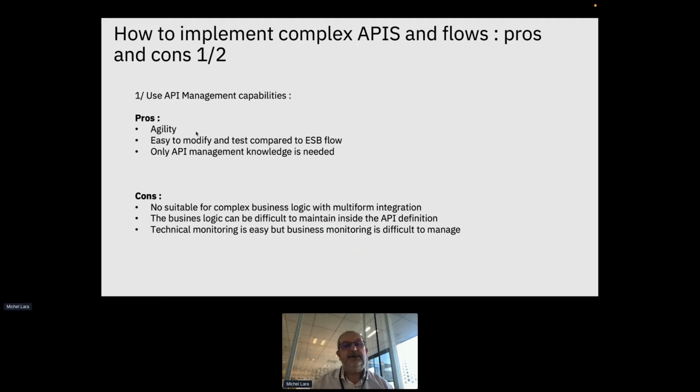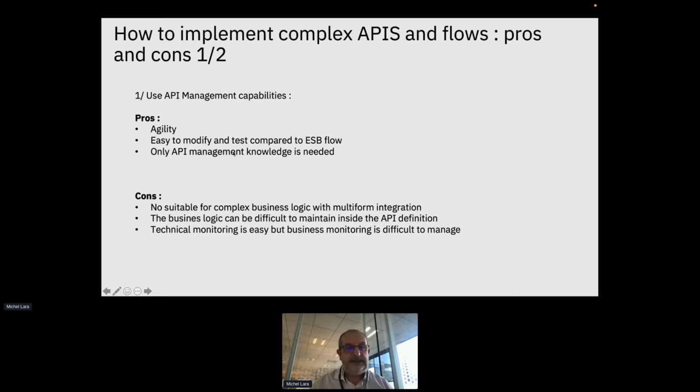It's easy to modify and to test, compared to an ESB flow, which is more difficult to test in my experience. And only API management knowledge is needed. So every modern solution to manage API has some capability to make an assembly of different APIs, with business logic, in the API management tool itself.